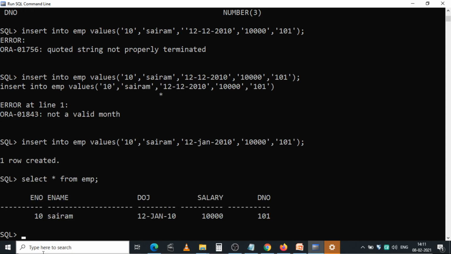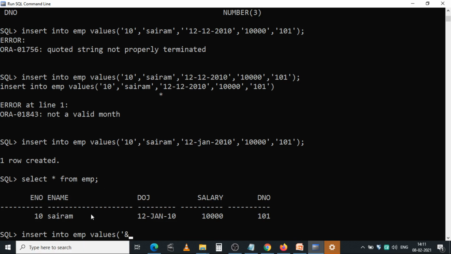Now let me learn the multiple insertion command with the substitution variables. Ampersand.